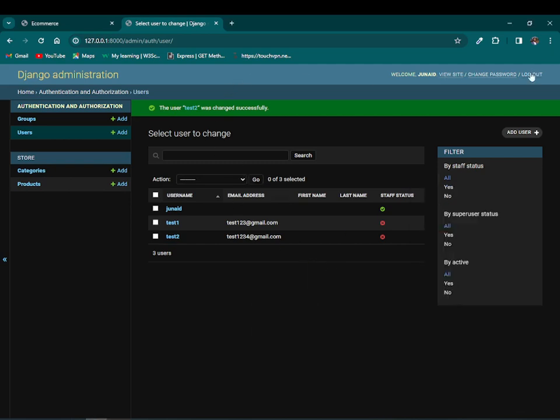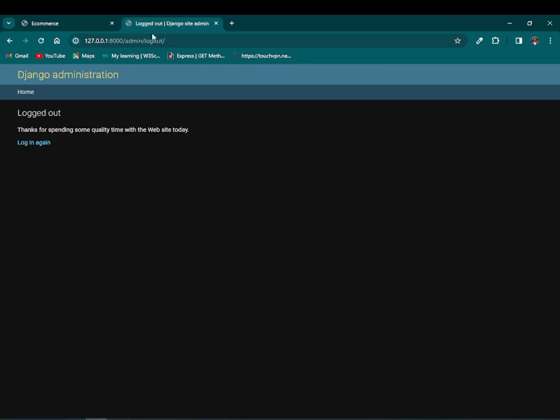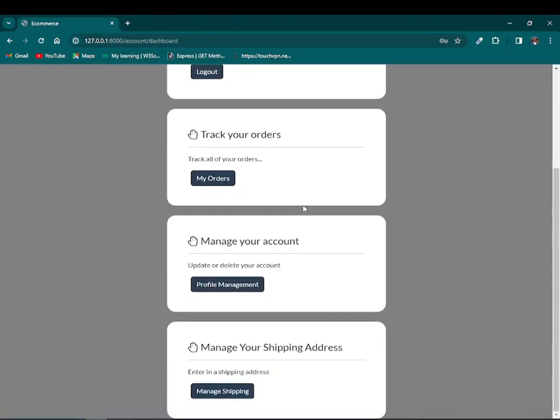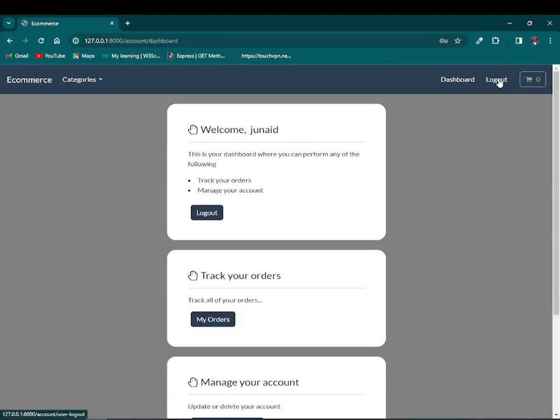After that, just log out from there and close your admin page, and now just log out from your site